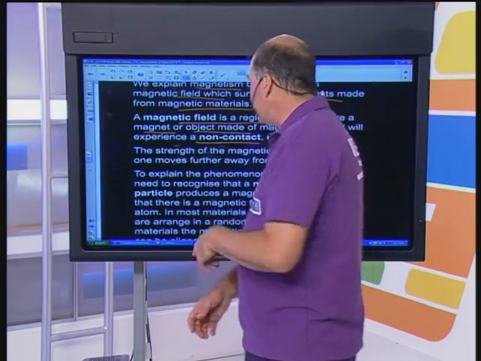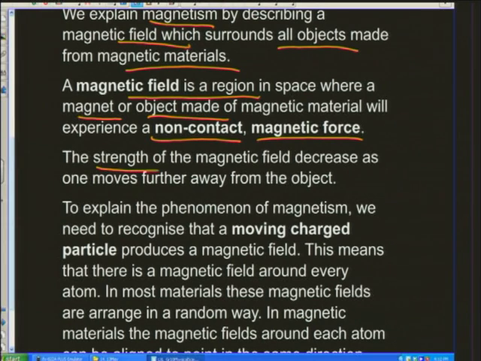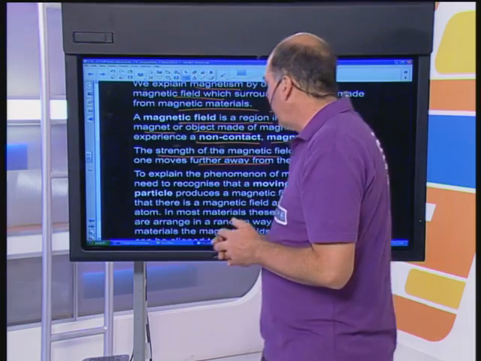So what we need to recognize is that the strength of the magnetic field decreases as one moves further away from the object. So even if I took that little paper clip here now and I held it in my hand, it wouldn't be experiencing the force of the magnet over there. It's too far away. Magnets generally act over short distances, except that there are some that are very strong and they exert a force over a bigger distance. But even so, it's usually over a short distance, close to the other.